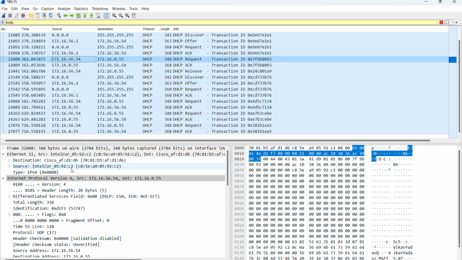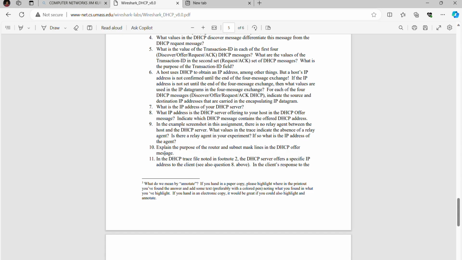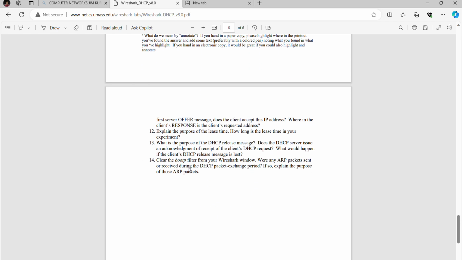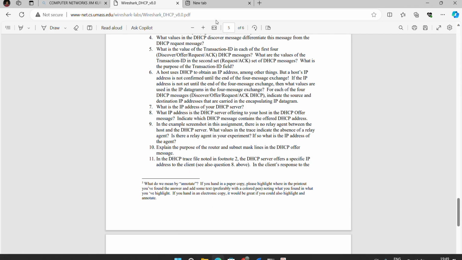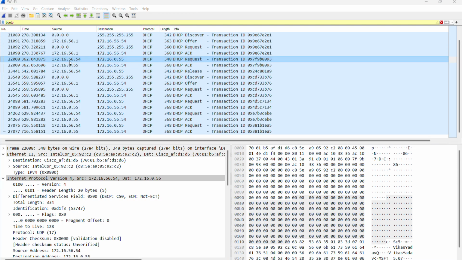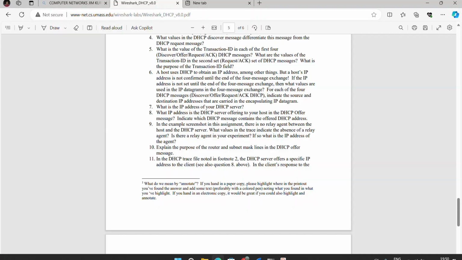So the IP address of the agent is 172.16.56.54. Next question is, explain the purpose of the router and subnet mask lines in the DHCP offer message. The client address is 172.16.56.54. And next question is,